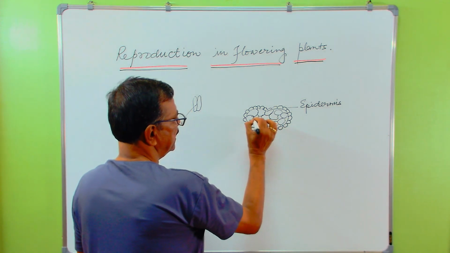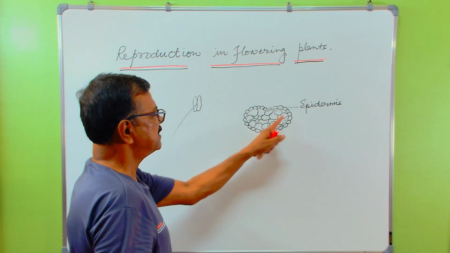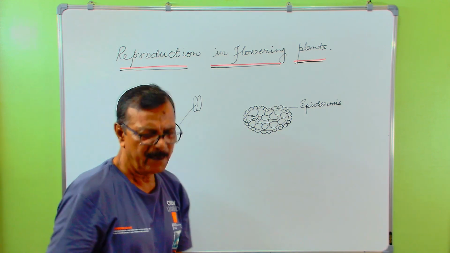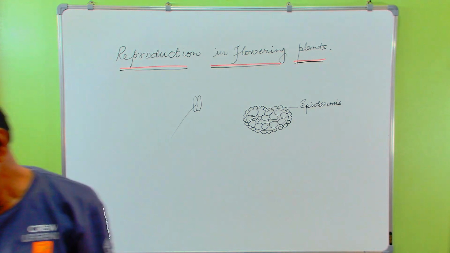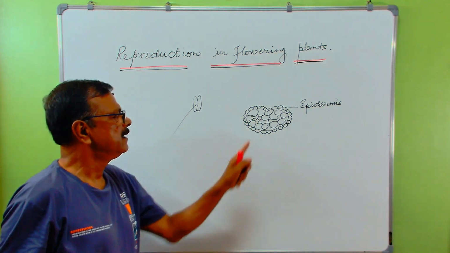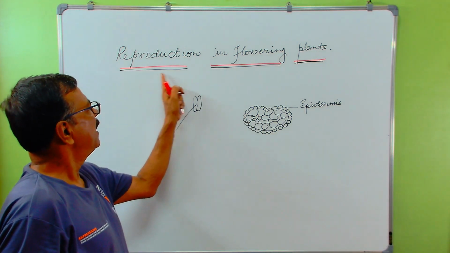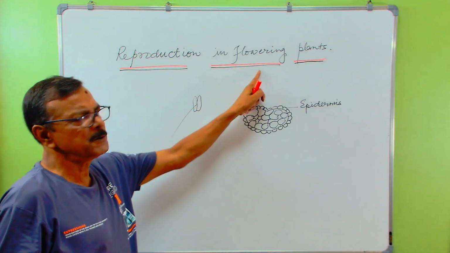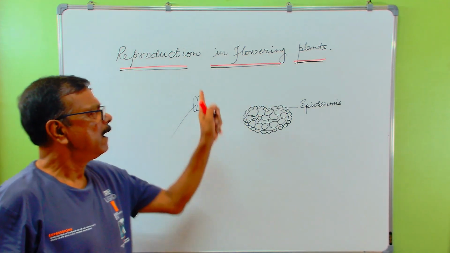So the anther initially looks like a mass of meristematic cells in which we are producing male gametes,